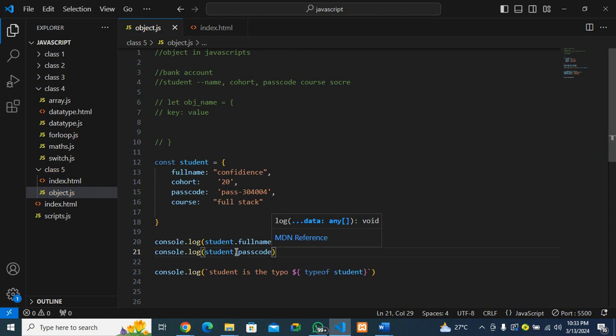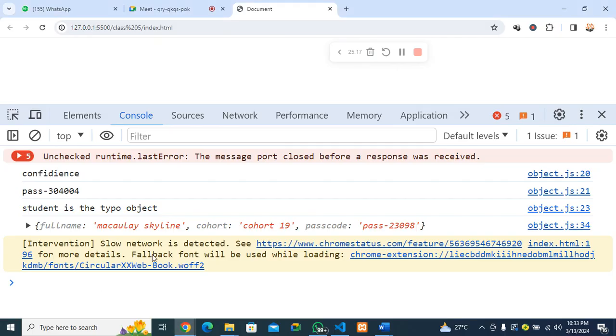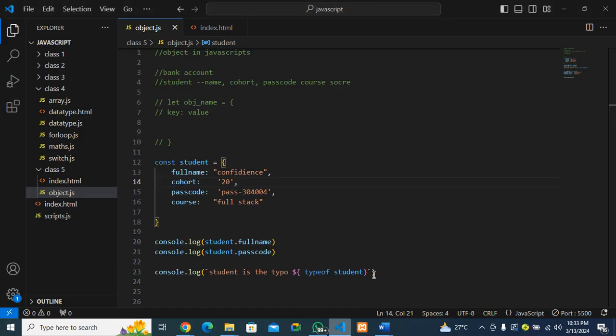Passcode. So let's quickly go to the browser to see what's going to happen. When we look at here, you notice that we're able to access confidence and we're able to access passcode. Now, another way I like doing this to make the code cleaner is that I like using